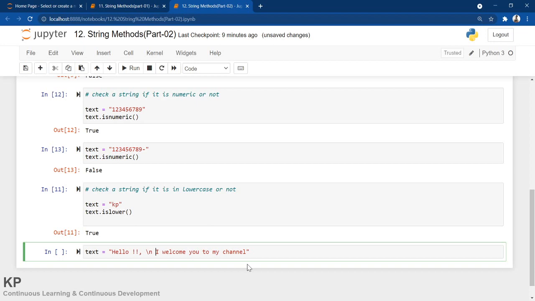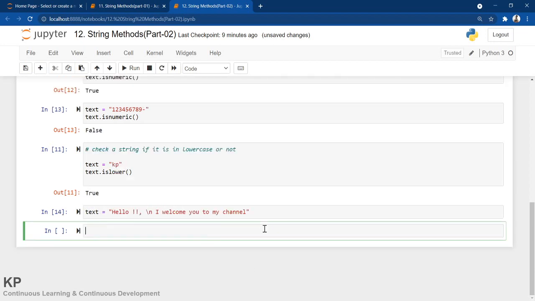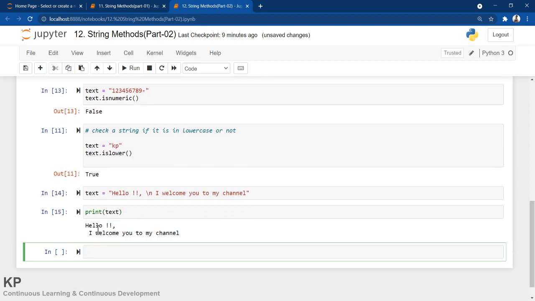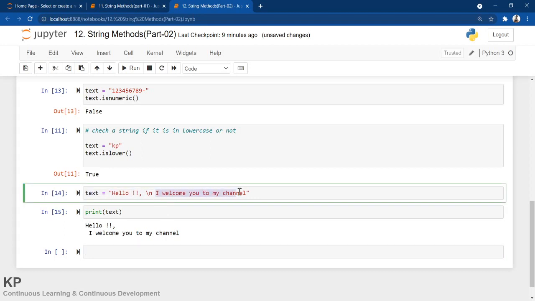Now if I execute it and print text, what you can see, hello is in the first line, and in the second line the second part is coming. So now you just think, slash n, is it printed? No, it's executed. Can you see slash n anywhere?